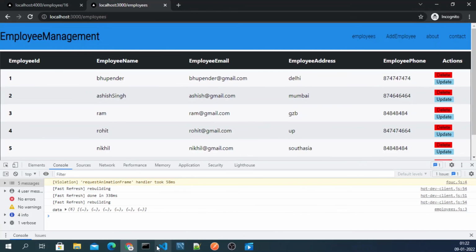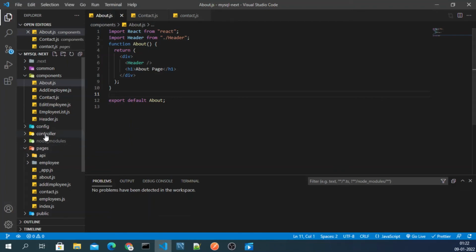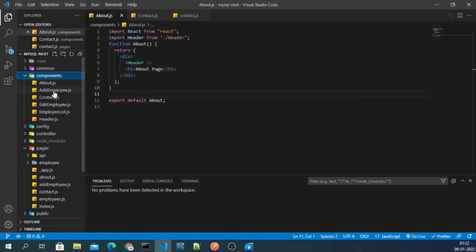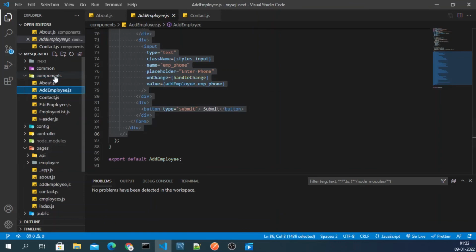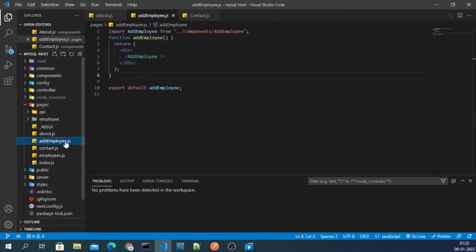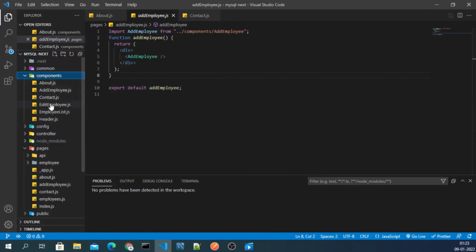So guys, what you have to take care of while making this application is just a few things, like whatever component you are designing or creating. At the same time, when you create a component, you also have to create the path of that component, like where you will see that path. Like add employee, what will be the path of add employee? The add employee path will be add employee.js, right? And what will be the path of contact.js?